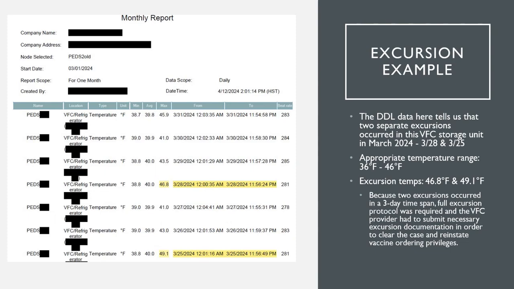So here's an excursion example that you might see for a SensoScientific user. The DDL data here shows us that there were 2 separate excursions that occurred in this specific unit in March, on the 28th and the 25th. The appropriate temperature range for this unit should be 36 to 46 degrees Fahrenheit. As you can see in the highlighted temperatures, there was a small spike on the 28th, which was 46.8, but the bigger spike on the 25th, 49.1 degrees Fahrenheit, let us know that a full excursion process